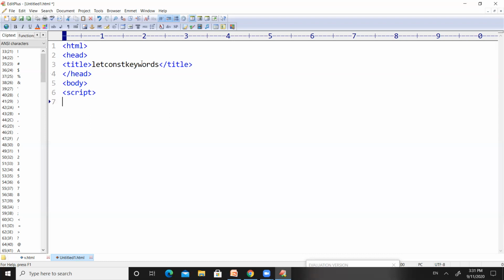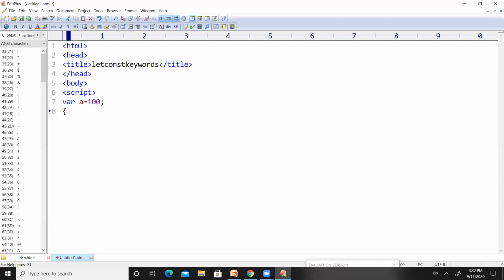In the script tag, first of all, I will show what happens if we use the var keyword, and then I will show the difference if we use the let keyword. In JavaScript, if we want to define a variable, we use the keyword var. For example, my variable name is a, and I'm storing the value 100 inside this variable.